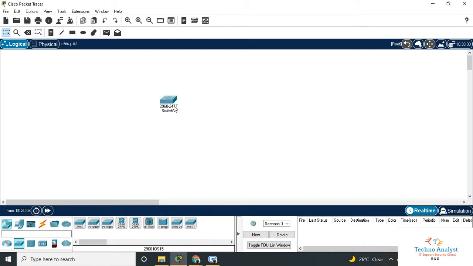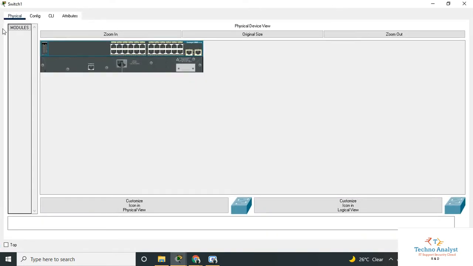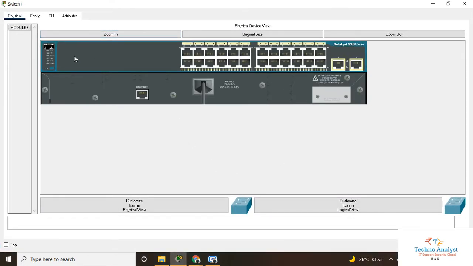So we will consider this 2960 24 port switch. Okay, we will click zoom in. This is the front panel of the switch and this is a back panel. On back panel you can see only one port, which is console, and here you can see all 24 ports. So we will install a basic configuration like enable switch, host name, a date,